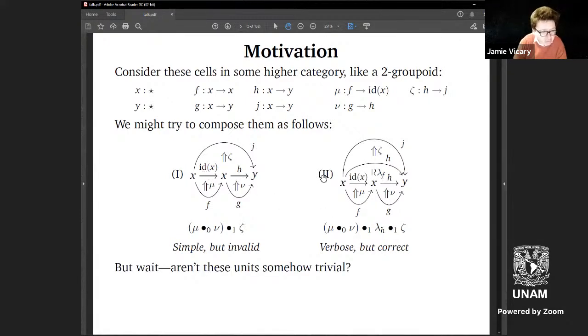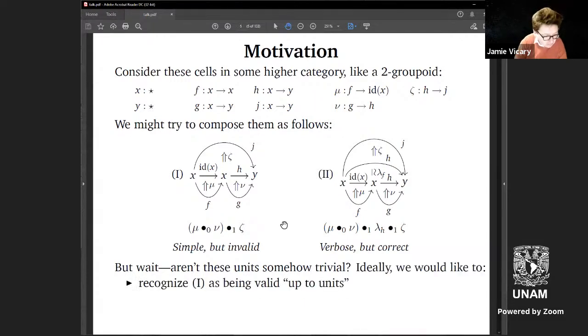This is just about the unit structure. Not every weak 2-category has strict units, definitely. But probably it's the case that every weak 2-category is equivalent to one with strict units or something. So shouldn't we be able to use those facts to write this as a shorthand for this more complicated thing? This is the sort of thing we want to understand, but in the more general context